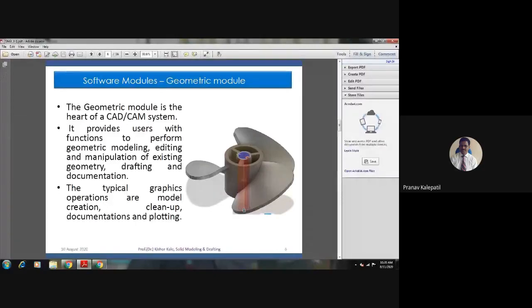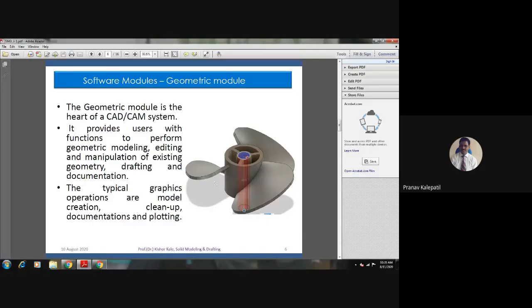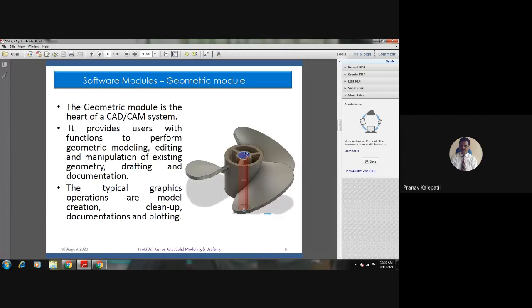Now, actually, this is modeled in one of the modeling software. It is not a photograph of an actual fan. This is a model created in one of the softwares. It is an image of a model created in a software. By the end of this course, you will be able to model such models in the software. Can you tell me the name? Which software will we be using?